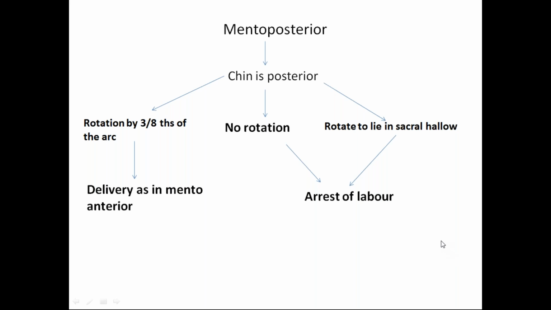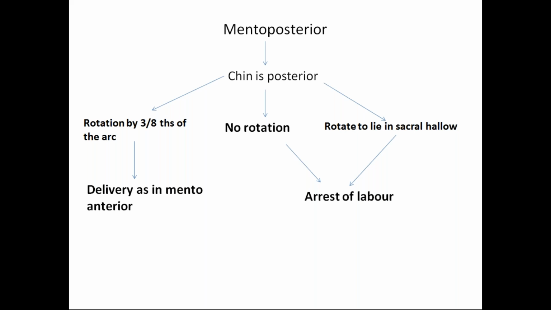So whenever you are asked to write about the causes for obstructed labor, there also again you have to take passenger, passage, power and so on. When you are taking the passenger, you have to write about malpresentations and malpositions, other abnormalities and congenital anomalies, hydrocephalus and so on. So in that you have to write all these